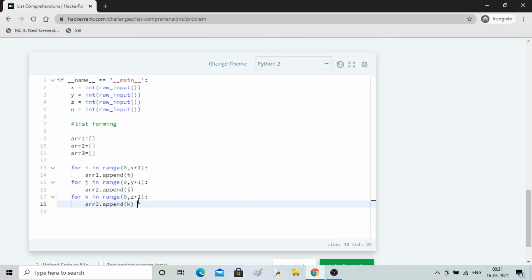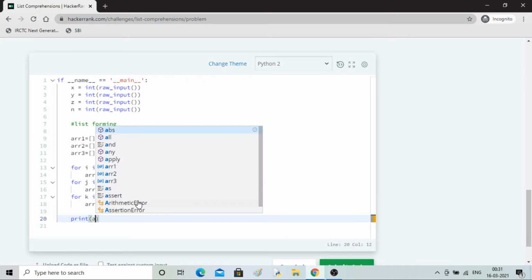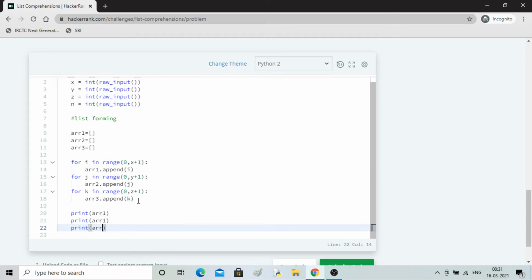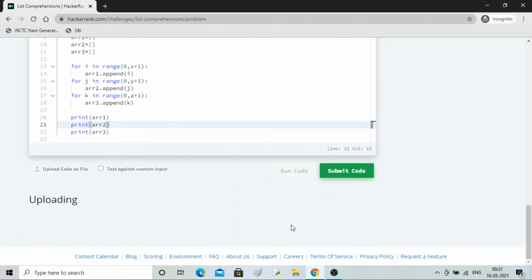And I will print just to show you what I have done. Print arr1, then copy and paste for arr2 and arr3. So you will get a feel for what I have done.